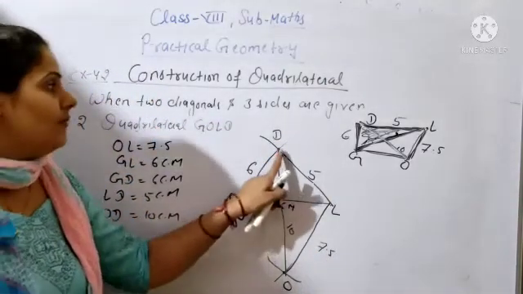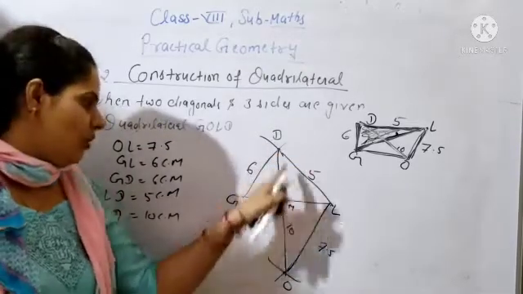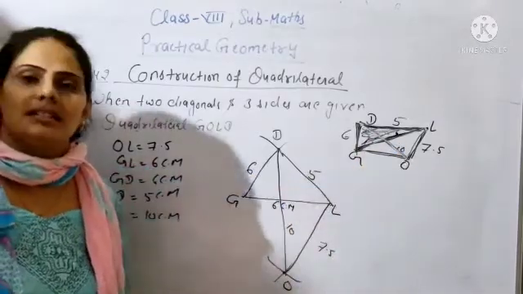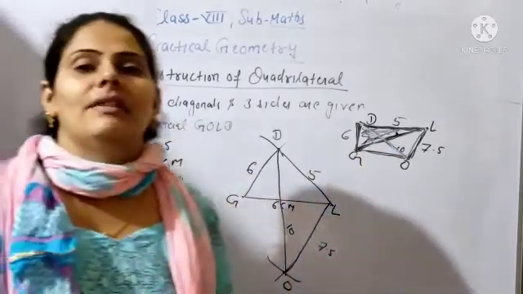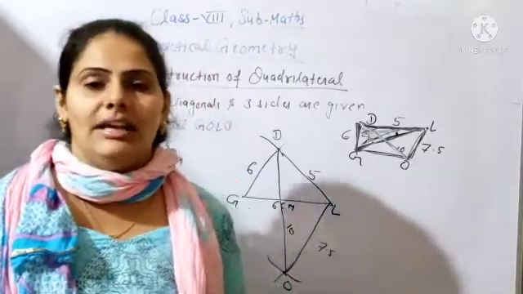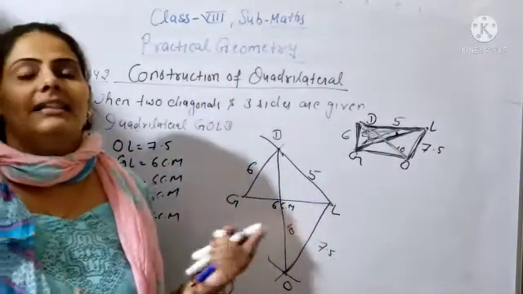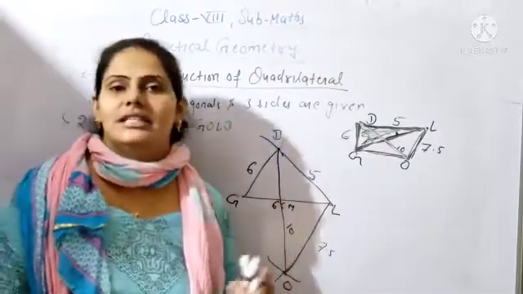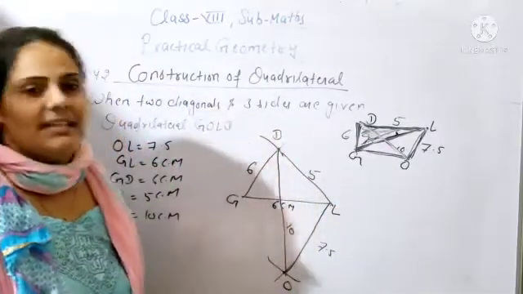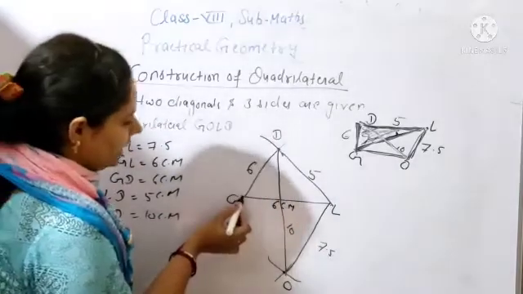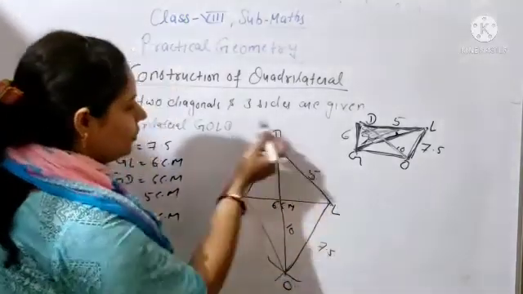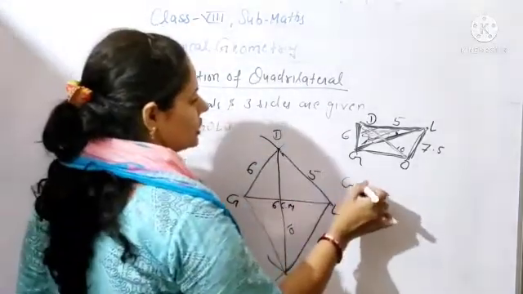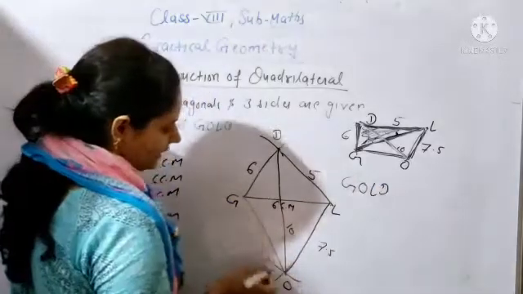The second arc you will draw from point D, because DO line segment is given, and this is the second diagonal and the length of this diagonal is 10 centimeter. So the second arc we will complete from the second diagonal, beta. In these types of questions, in this exercise, the second arc we will complete from the second diagonal. So from point D you will draw the second arc DO, and this is 10 centimeter. Now simply join the line segment GO also. So you can see GOLD. This is your required quadrilateral GOLD.